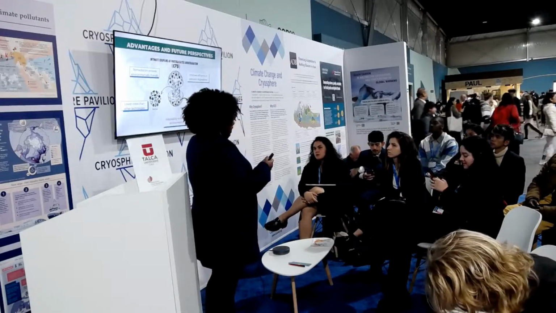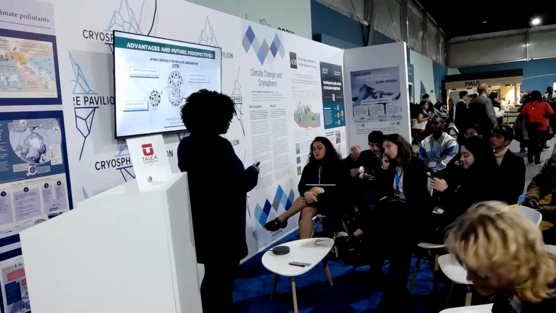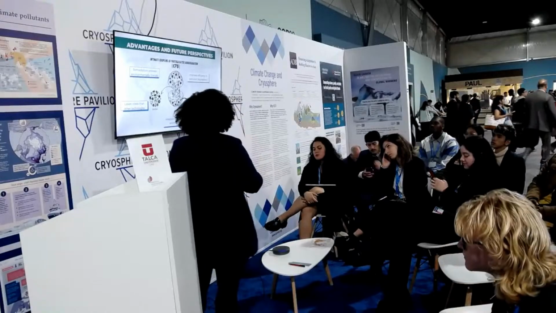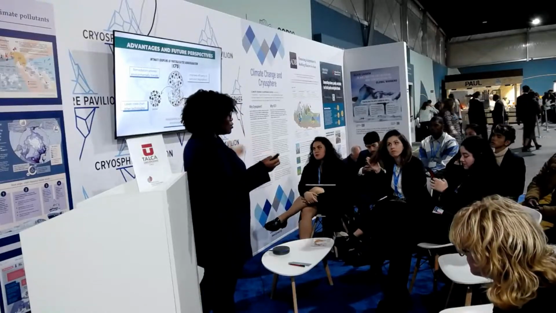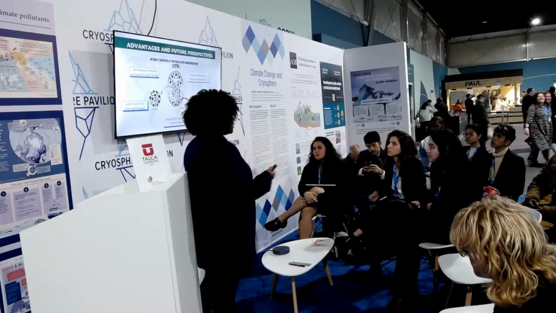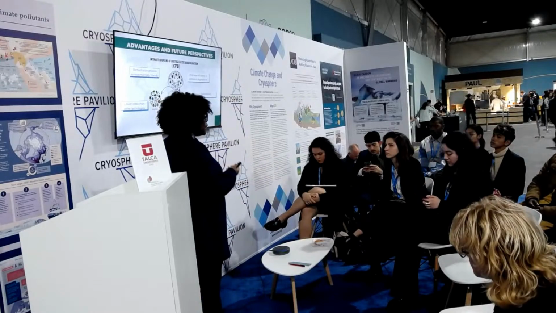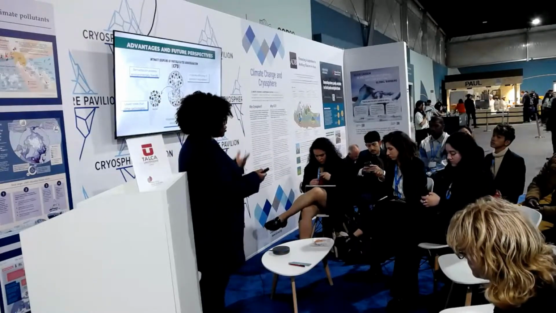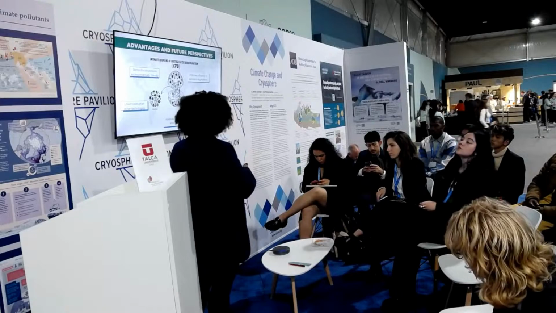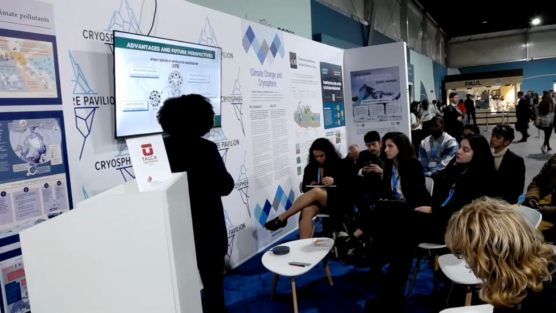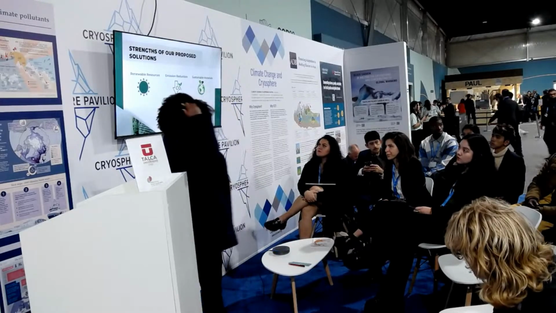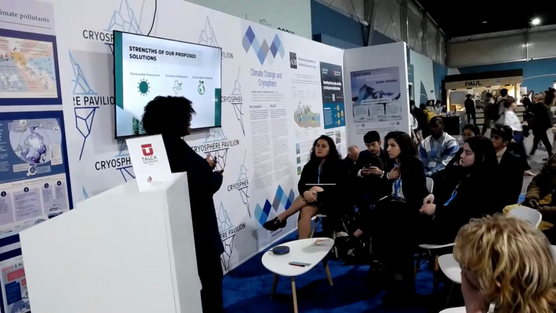Not only could the system be used on water, it also could be used on earth, for instance. And because we're going to use microorganisms and photocatalytic materials, it's really cheap compared to the conventional technologies that are being used right now. So the main strength of our proposal is the use of renewable resources such as photocatalytic materials and these microorganisms.